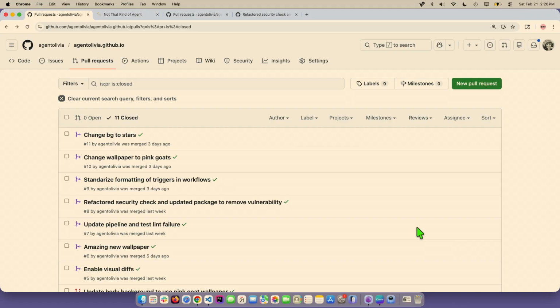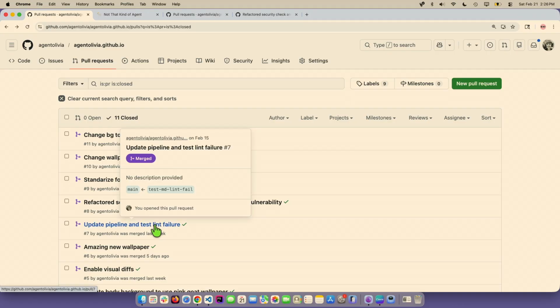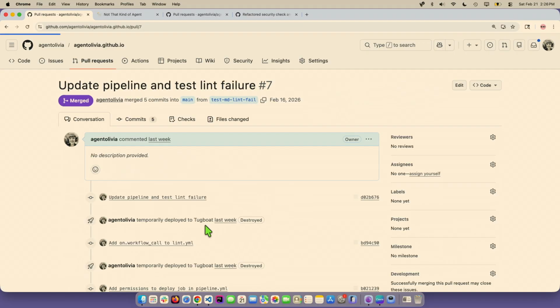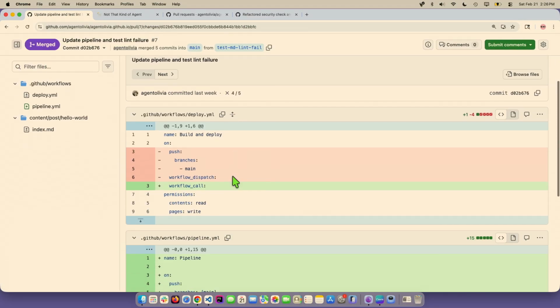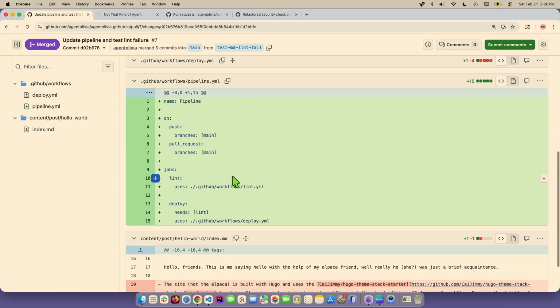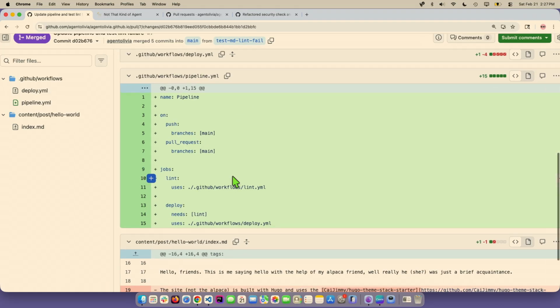So what I started with was a lint.yaml file and that deploy YAML file, and I want to refactor this into a pipeline. So the first thing that I did was I created a new file. Is this big enough? I created a new file called